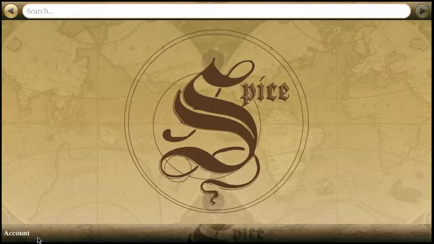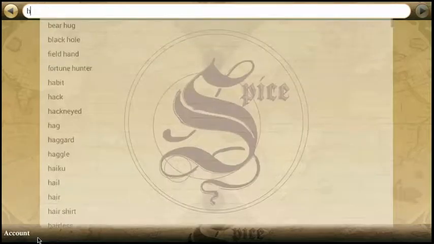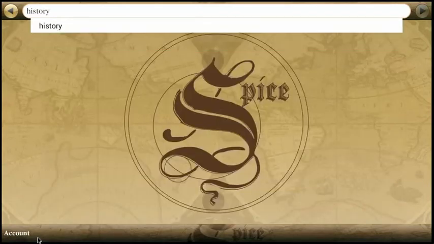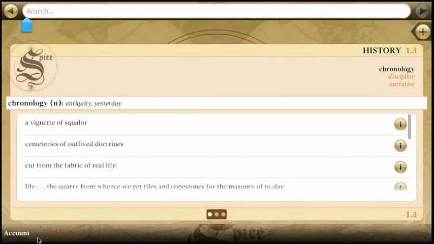As you punch out the words, you realize your writing needs a bit more eloquence to round out some of the raw facts of research. This is when you should turn to Spice. Since you're in history class, you can look up history. History has been divided into chronology, discipline, and narrative. The first two meanings will probably apply best to your topic. We may find some helpful phrases to develop the tone of your paper.